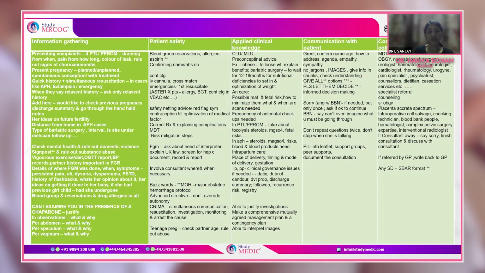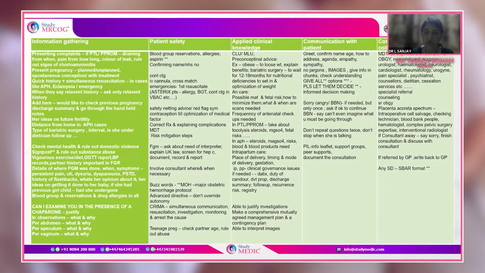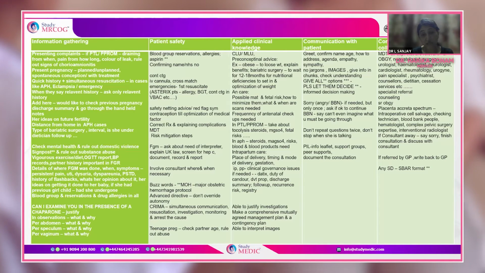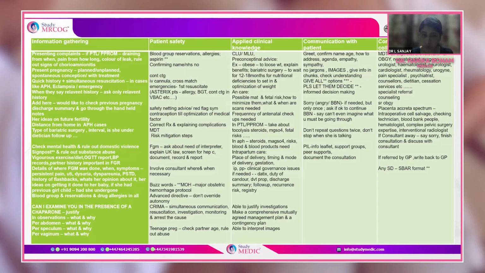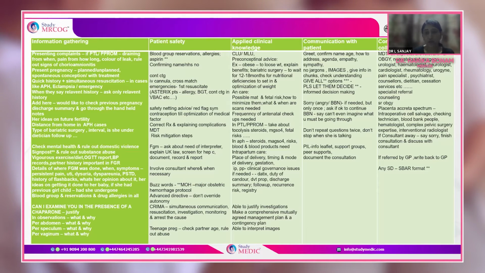And they also will see if you're able to interpret the images properly. What do the images mean? They can give you a placenta percreta ultrasound image. And they see if you're able to appreciate or identify it. At least you should say that this is what I suspect. So these are the usual common things which you see in the applied clinical knowledge, apart from the routine things, whatever